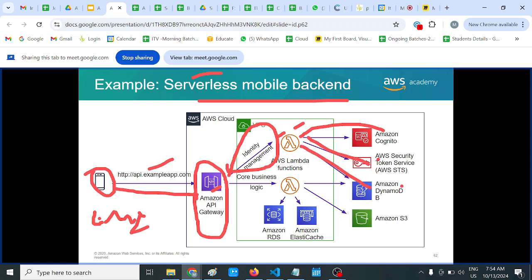Your data is already in a database. That's why it is comparing. So yes, this guy is there in the social media, we can give the STS token. Now once it has given the token, it will come back to the API. Now the API will allow it to go to the particular logic. Now the core business is again one Lambda function which